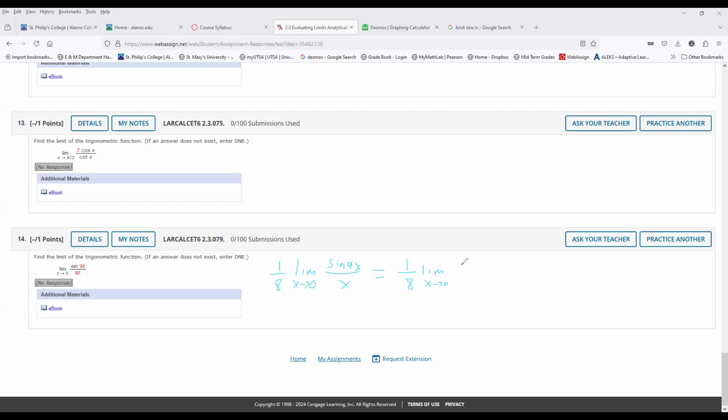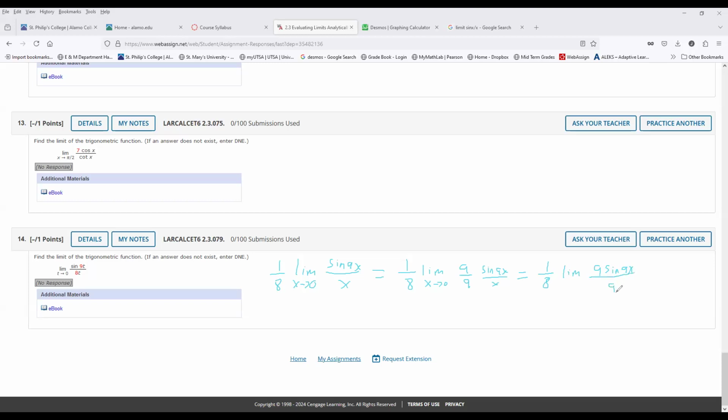So I need a 9 in the bottom, so multiply the top and bottom by 9 on purpose. So now I have a 9 on the bottom, right? So let me write it out a little prettier. I'll have 9 sine 9 over